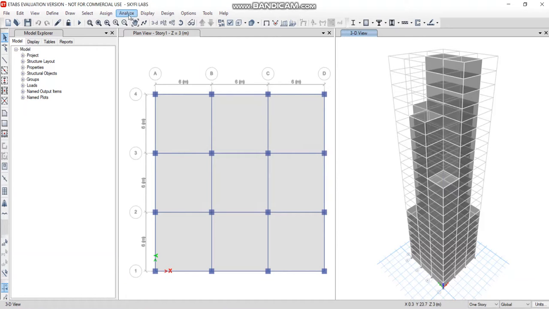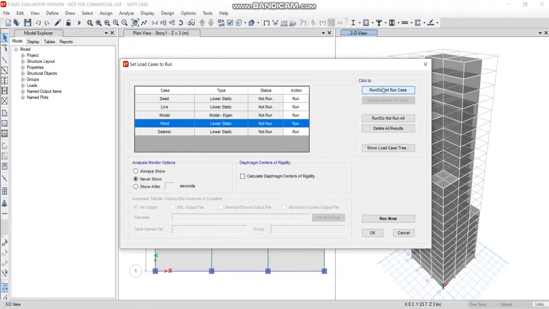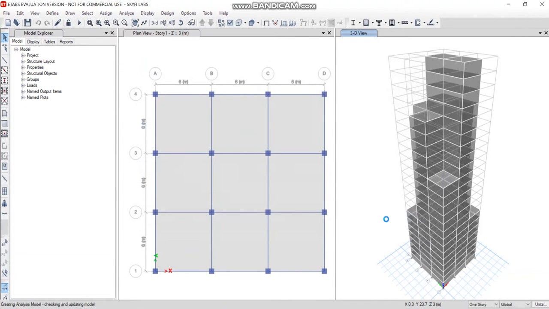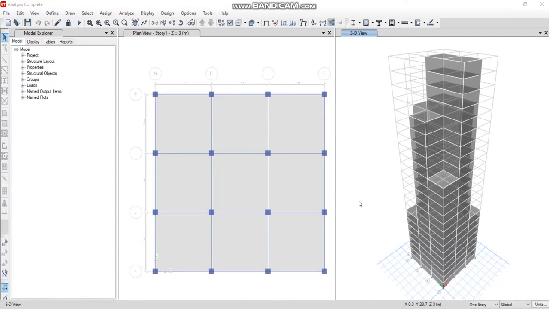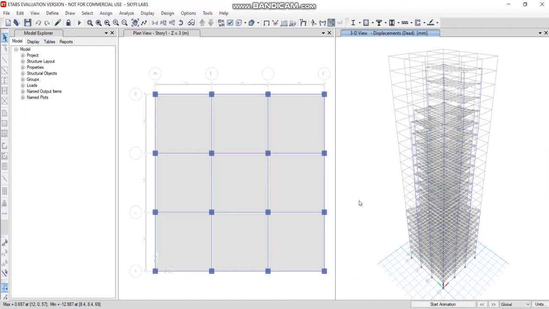After that, we have to run the structure. So analyze, set load cases to run, make the wind load do not run, then run now. So we can see the displacement in 3D view. After that, go to design,